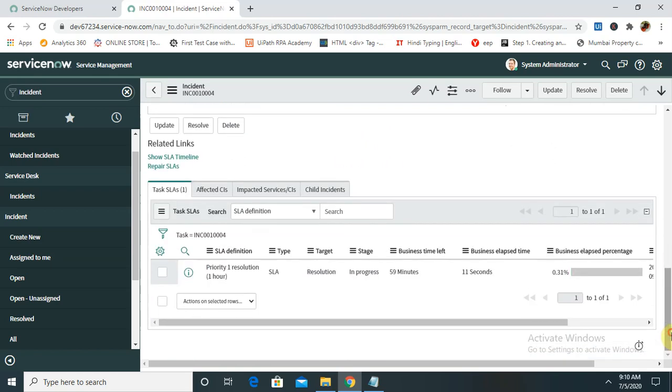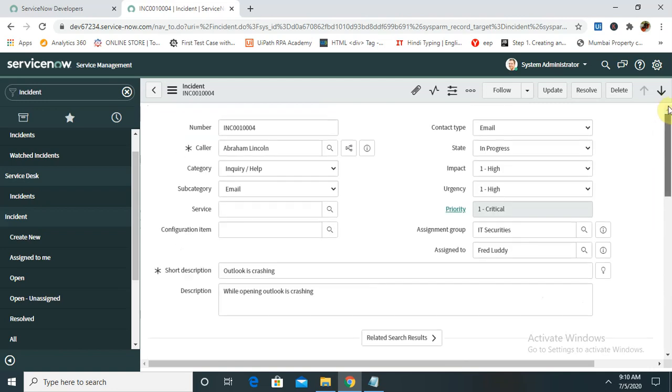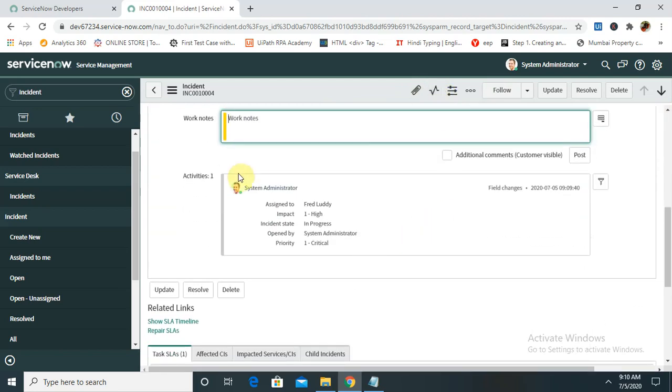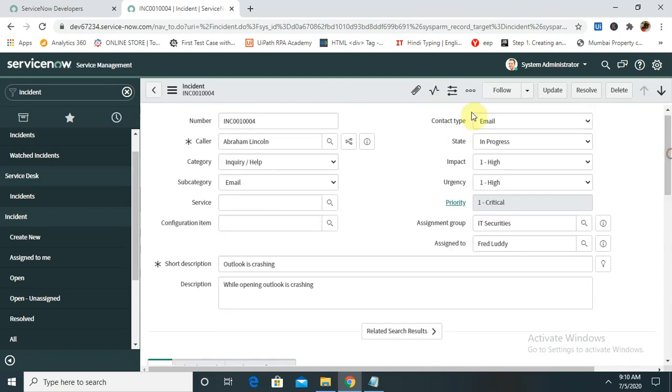If it is highly impacted, then definitely you can see the SLA, priority and resolution is a 1 hour SLA. So this is how our incident system works. If you want to attach any attachment, you can do that by clicking on this, and you can see the activity stream also. So you can see the activities assigned here. Within 1 hour you will get a resolution because of the criticality of this incident.